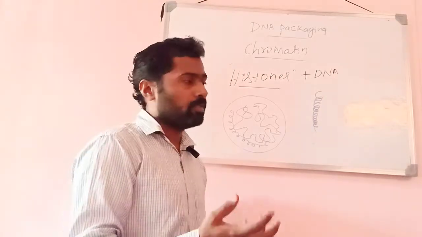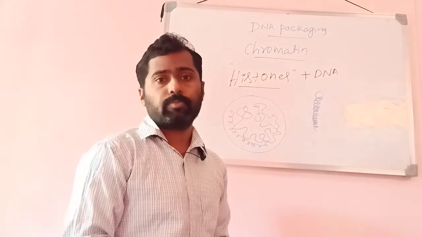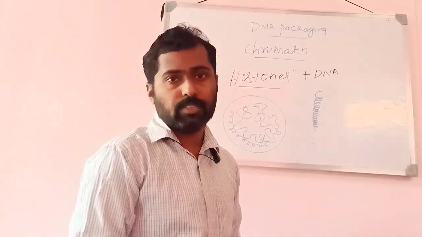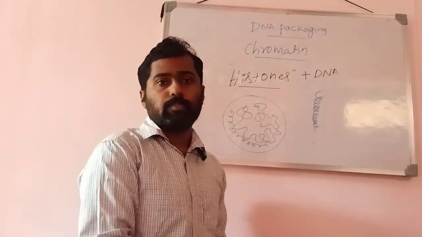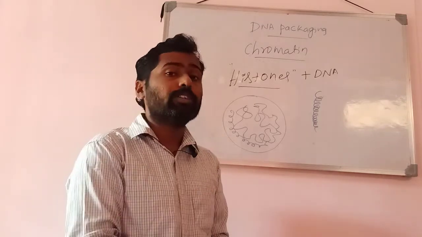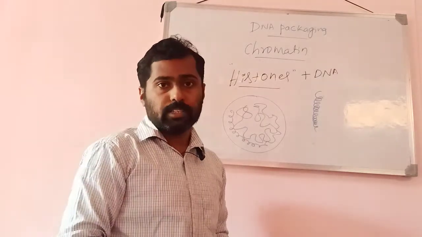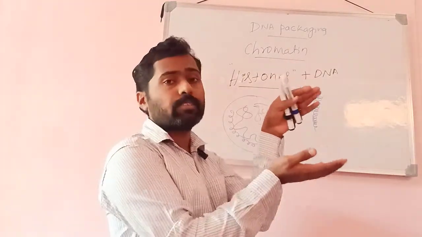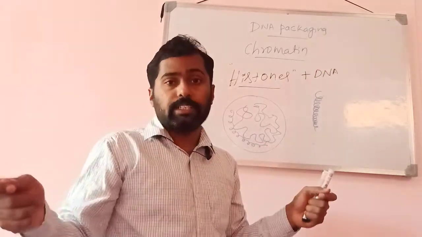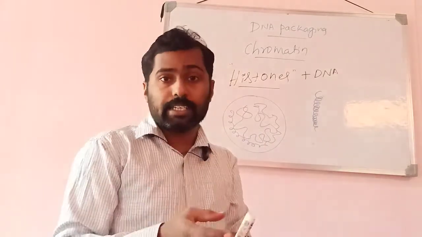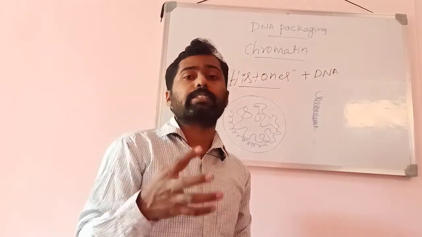So for example, if you throw your clothes throughout the room randomly, how does it look? Suppose you have 100 pairs of clothes and you throw them throughout the room. They are randomly spread here and there, isn't it? But when you fold them and keep them aside in a definite place, then the room will be clean, isn't it? So that much cloth is accommodated inside a very small space. Similarly here, the length of the DNA gets condensed and can be accommodated within the limited available space, which is regarded as DNA packaging.